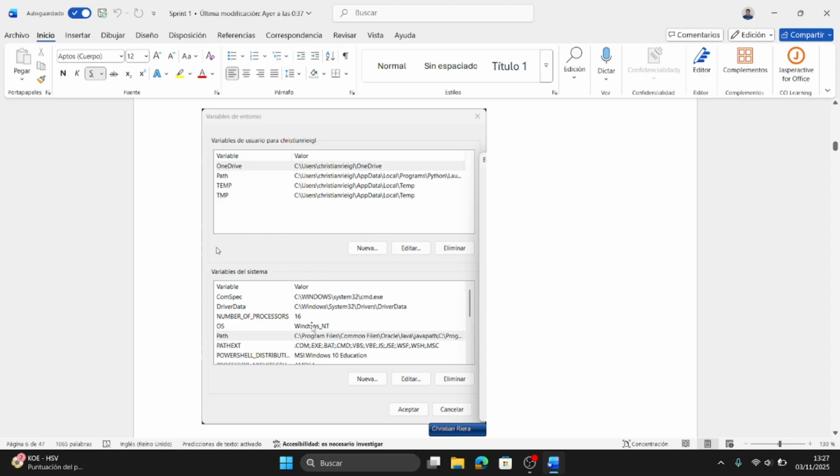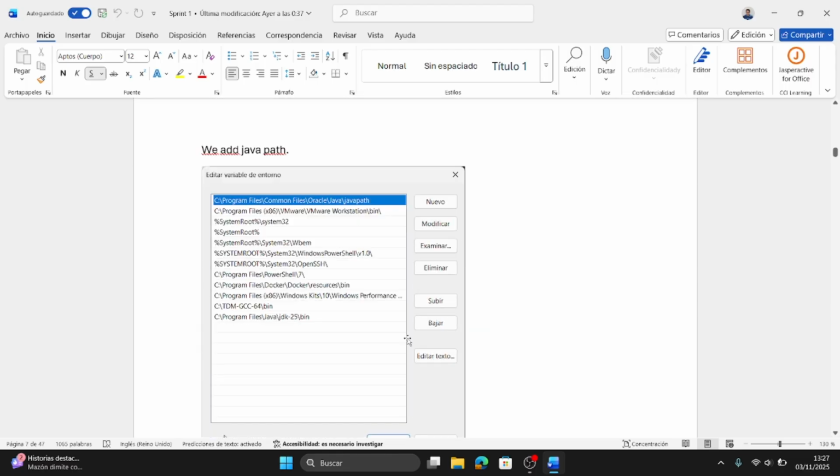If we want to use it for every user, it's better to click in system, and if we only want to run it in our user, we add it in the user. But here we are going to use it in the system, and we have to select path and click on edit.